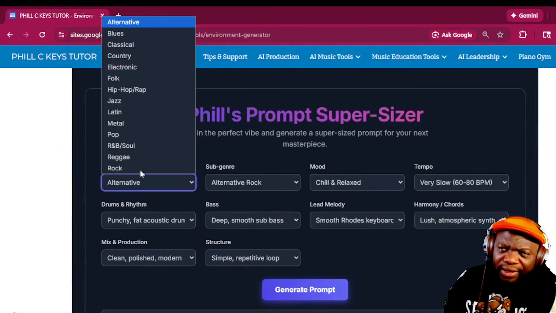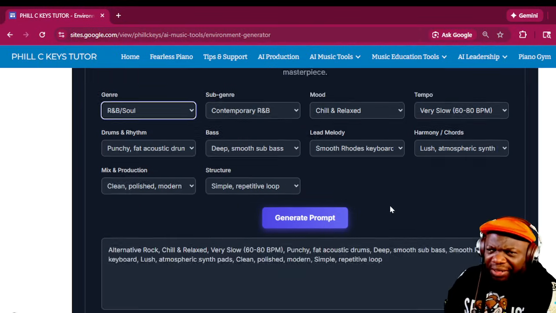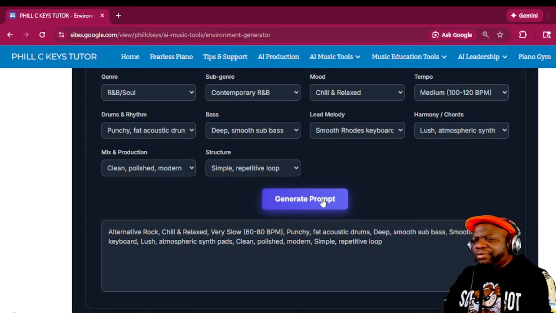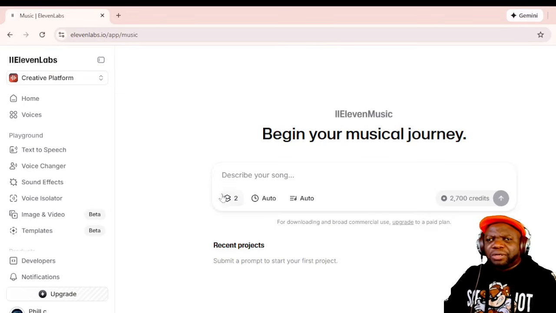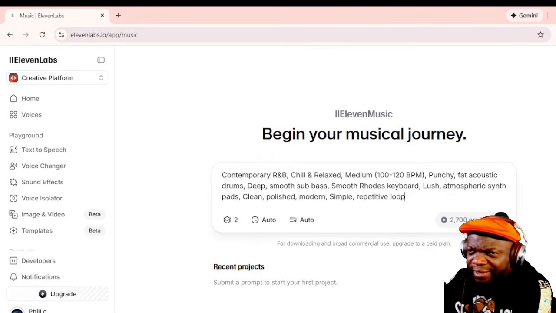Let's come over here and go to R&B and soul. Let's just use it as it is. I like what's here, contemporary R&B, children relaxed. Let's go for medium. Let's hit generate prompt. Boom, there's our prompt. Copy the prompt, go into 11 Labs, paste that in there, and just say, maybe in the beginning,